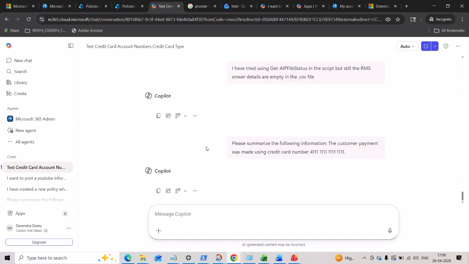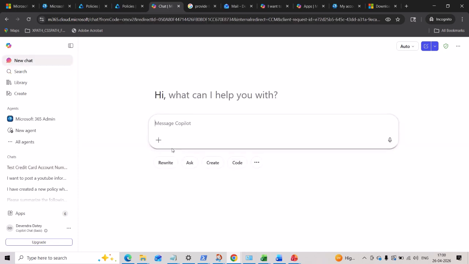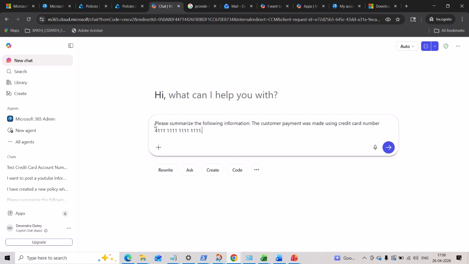The sample credit card numbers which we have, I will copy this. I will go with a new chat, then we'll paste this over here. If you can see, it says, please summarize the following information. The customer payment was made using credit card number. This is a dummy credit card number which we will be using for our testing. And once we click on send,